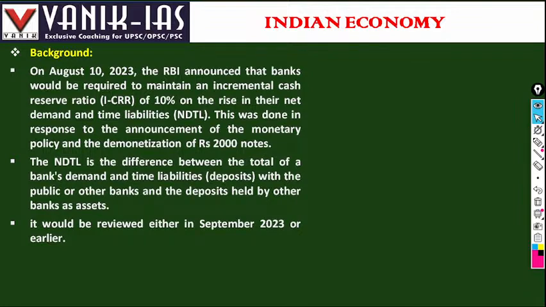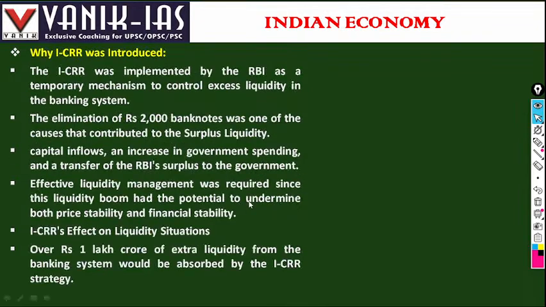The NDTL is the difference between the total of a bank's demand and time liabilities with the public or other banks and the amount held by other banks. The incremental cash reserve ratio was implemented by the RBI as a temporary mechanism to control activity in the banking system, because as these 2000 rupee notes were surrendered,